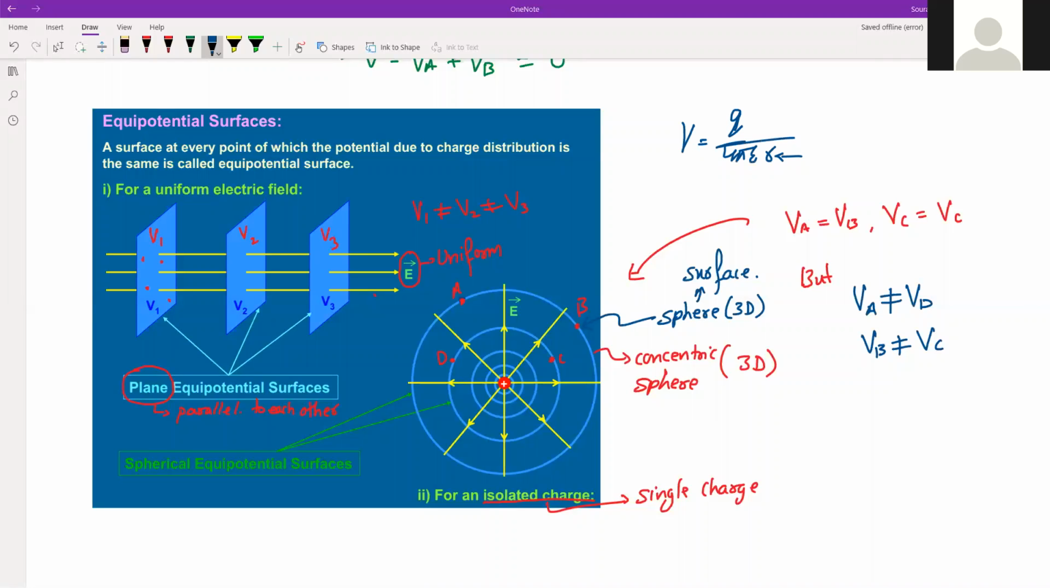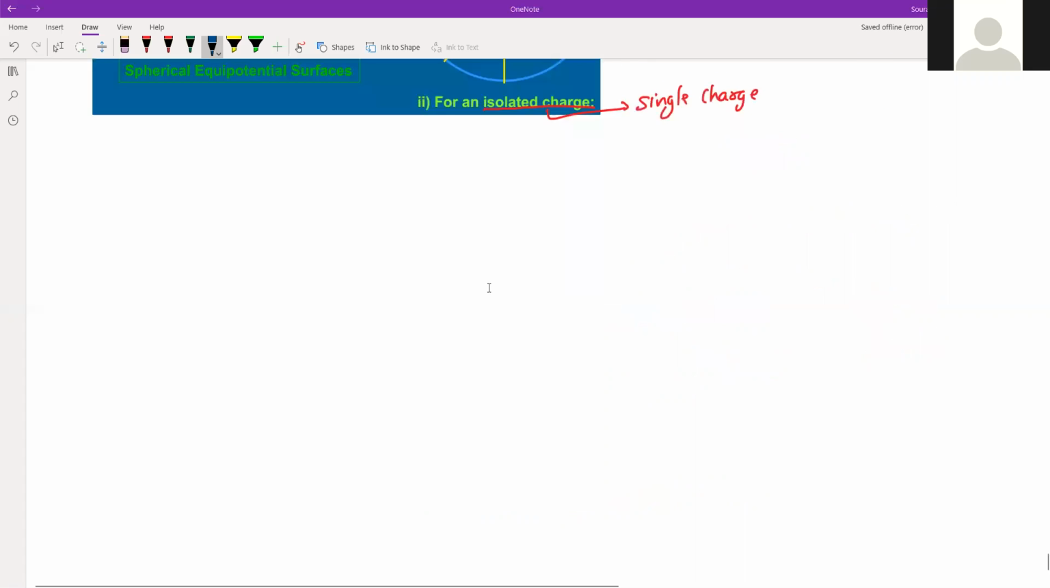Now we have some properties of these equipotential surfaces which we have to see. So what are those properties? And again, sometimes there will be some very tricky questions based on these properties. Properties of equipotential surfaces. So the first one,